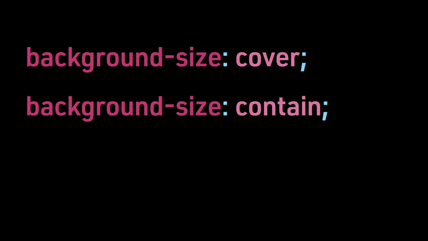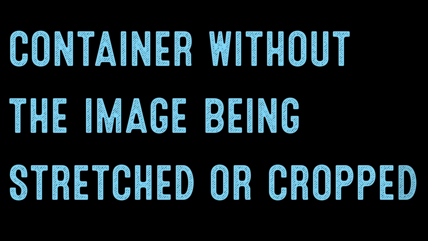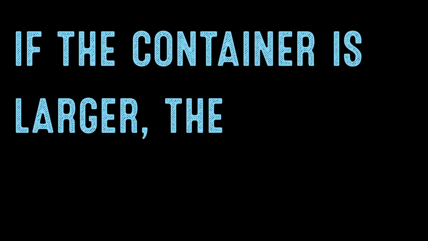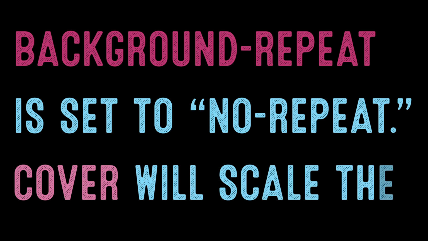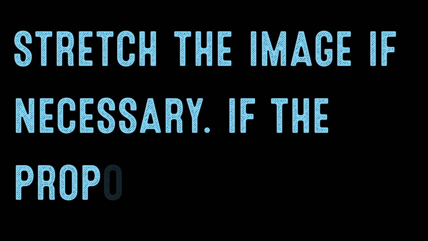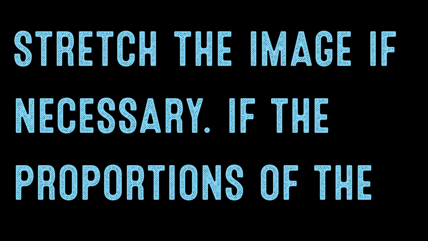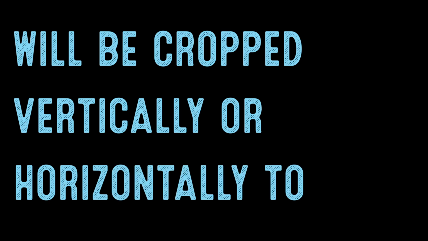It can have the following predefined values: background size cover and background size contain. Contain will scale the image as large as possible in its container without the image being stretched or cropped. If the container is larger, the image will tile unless the background repeat is set to no repeat. Cover will scale the image as large as possible to fill the container and will stretch the image if necessary. If the proportions of the image differ from the containing element, the image will be cropped vertically or horizontally to